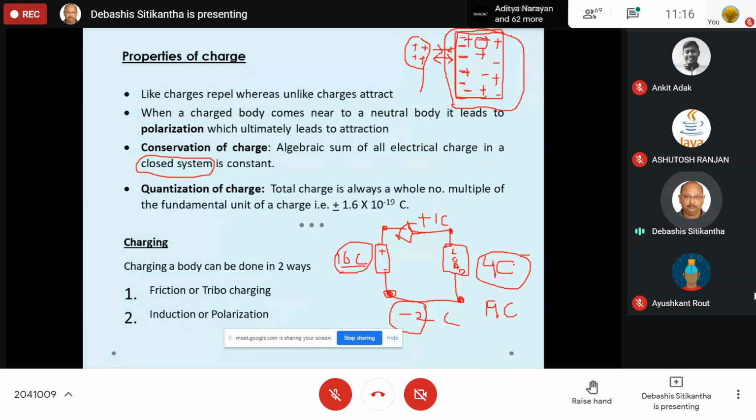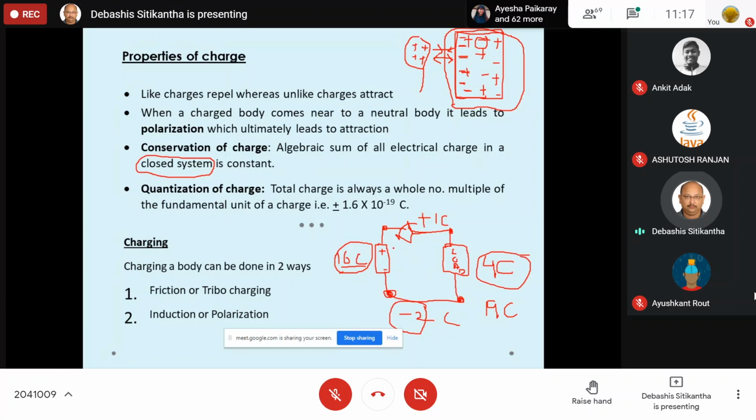Most of you have studied that whenever there is a closed electrical circuit, current flows. Now what is current? It is nothing but the flow of charge. Many books write that current is the flow of electrons, but rather current can be defined as the flow of charge, maybe positive charge or negative charge. But as positive charge is denser than negative charge, therefore we usually say the current is the flow of electrons. But generally speaking, current is nothing but flow of charge.